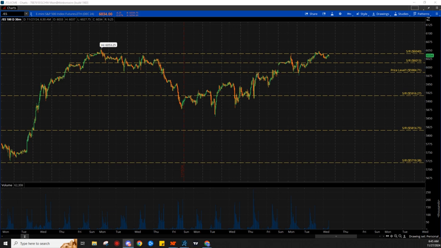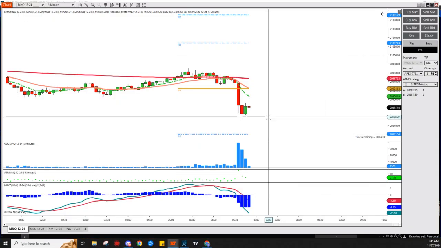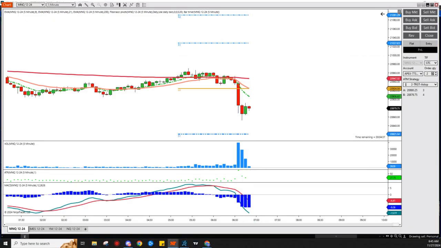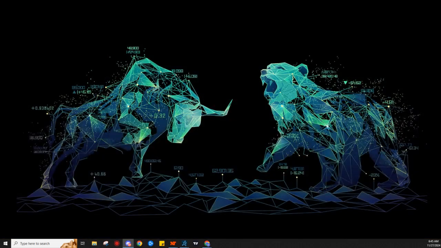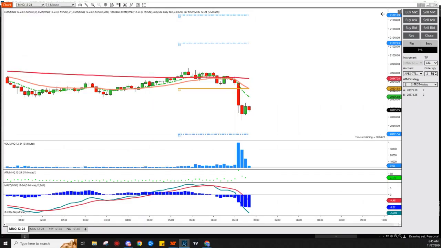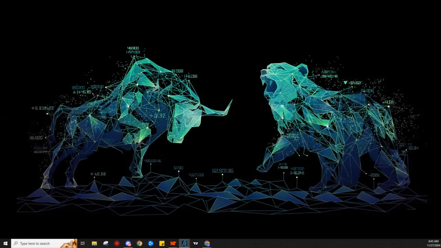The main problem I have right now with shorting NVIDIA is that NASDAQ is still sitting right above demand. I'm a little bit cautious on that. Another pretty good failure on the ES of that high there. Yeah, Meta's